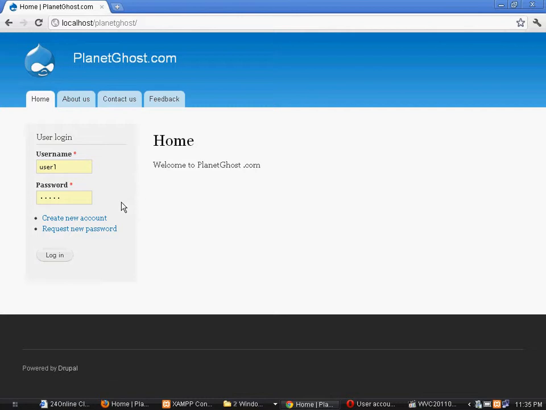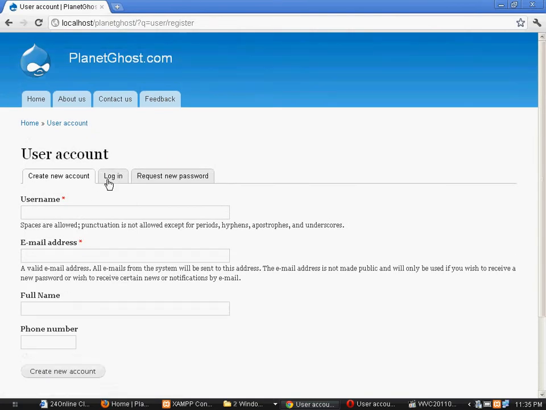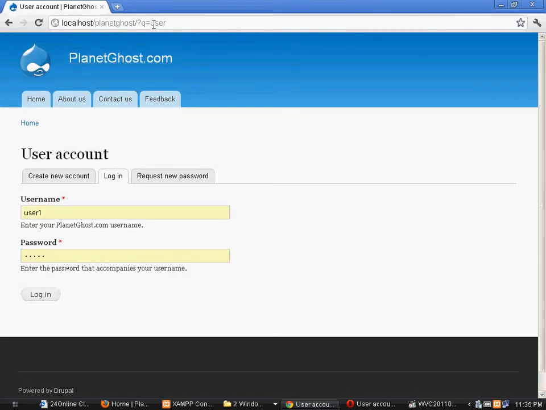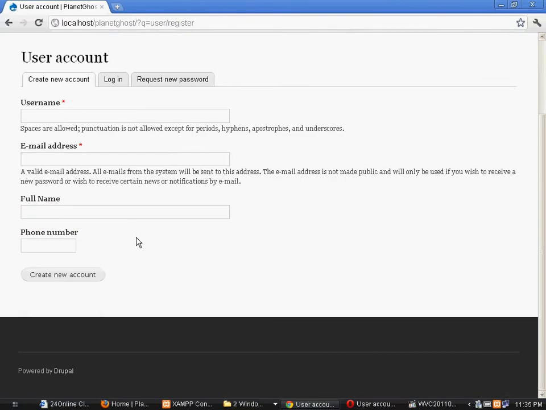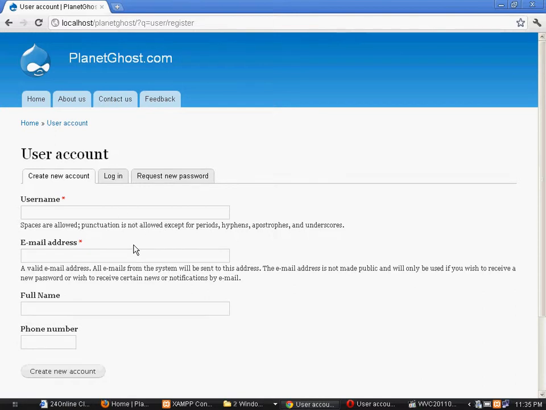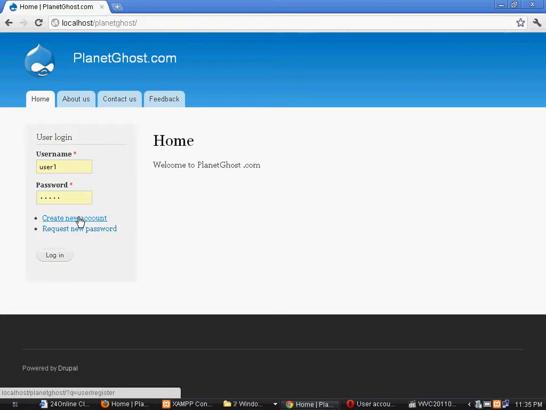with the Drupal installation you get this login window. We can remove this window by disabling the user login block. But when I type in user, you get this login window, and when you click on create new account you get the create new account page. What if I don't want any person ever to come and register to my site? I don't want this link to appear here, nor do I want to show him this link for create new account.